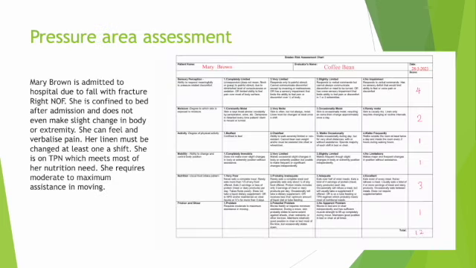So then is pressure area assessment. And this station also consists of 2 parts. In the first part, you will be given a scenario like this one. And then you have to calculate the Braden score for the patient. As you can see, usually in the scenario, they will use similar wordings to those definitions of different parameters